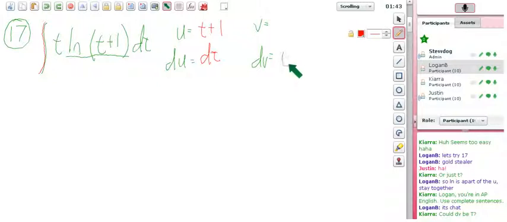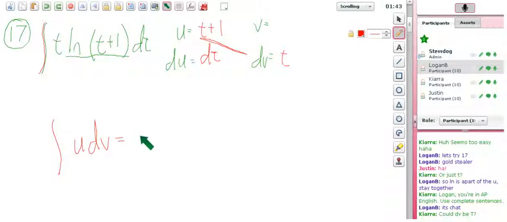dv could be t, but then you see how u times dv does not make up the integral. The entire integral needs to be made up by u times dv. Here's what we're trying to do. Get the integral of u times dv